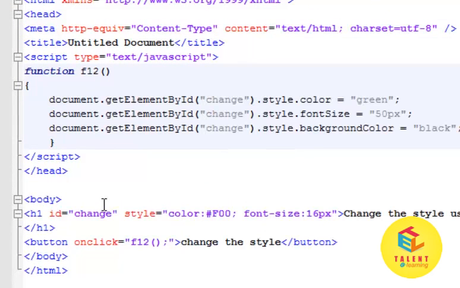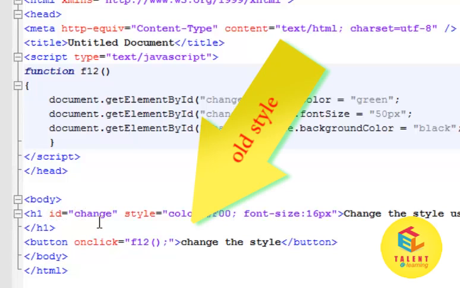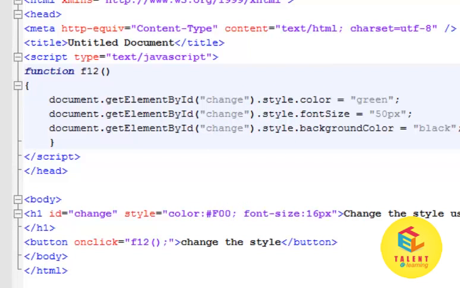Here this is a very simple example. An h1 tag, its ID is change, and here this is the style color, which contains the code of red, and font size is 16 pixels. This is simple text and this is the closing of the h1 tag. Whenever I click on this button, it will execute this f12 function of JavaScript, which contains this code: